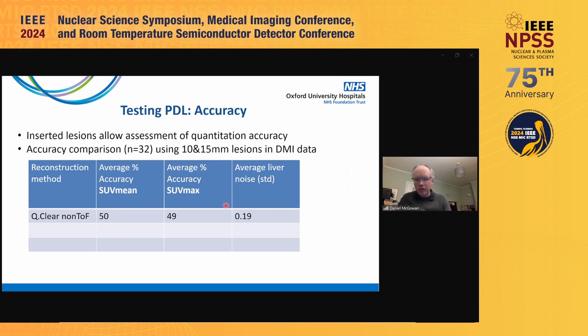And these are some of the results we got out. So with the non-time of flight image, we had for SUV mean a 50% accuracy and the SUV max just under 50%, and an acceptable level of noise. If we go to the target image, the time of flight map, we can see we go up to 60% SUV mean. So you can see it's a 10% absolute increase on what we had for non-time of flight, but crucially